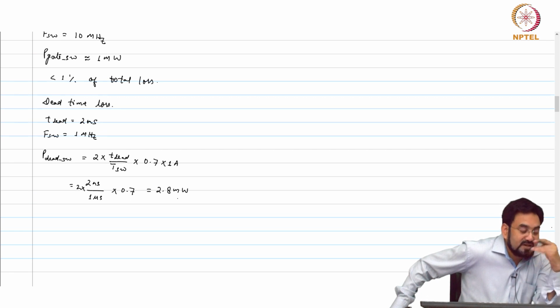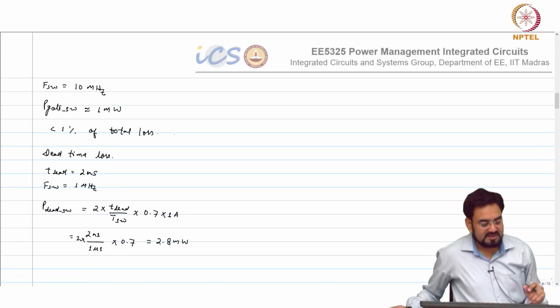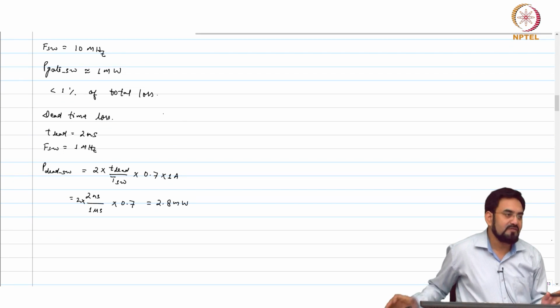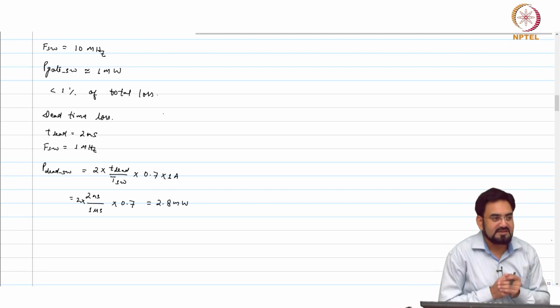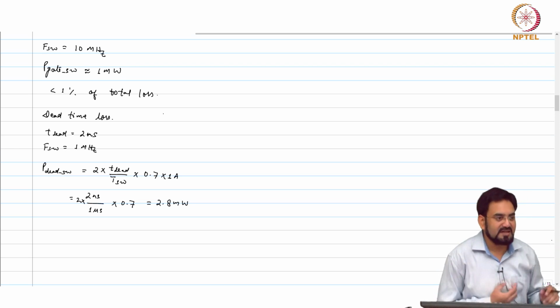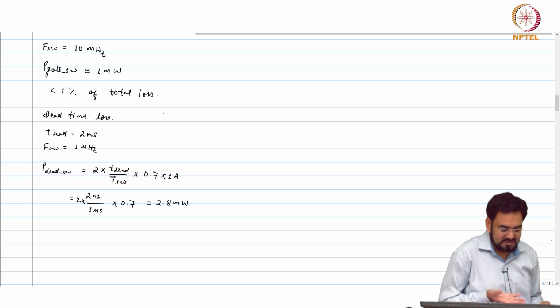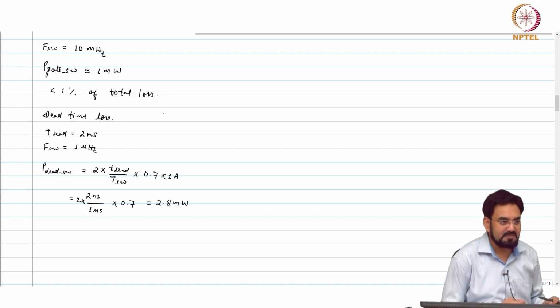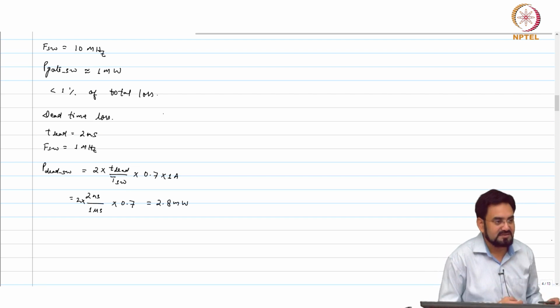So, which means if you are running at a very high frequency, it is not easy to achieve more than 90% efficiency, even if your devices are very fast. That is why if you look at a lot of high frequency converters, they are designed for low current. So, let us say your target current is 200, 300 milliamp kind of thing. This will automatically reduce switching losses, then it is okay, but when you target amps of current, it is not easy to run at 10 megahertz.